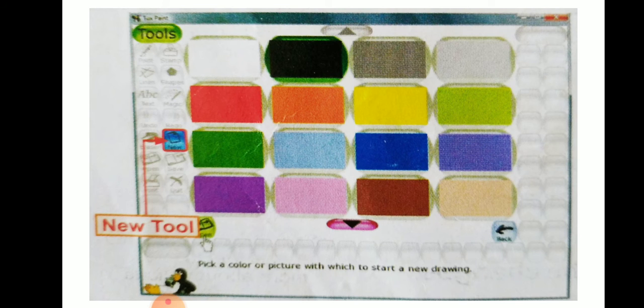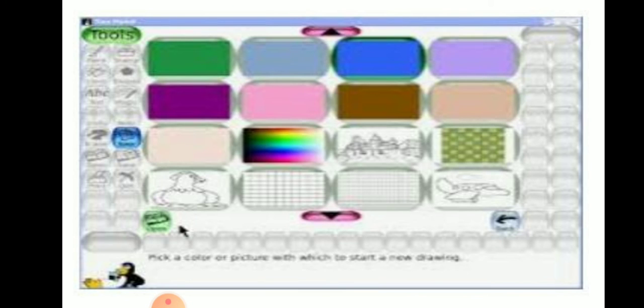Then we click on the down arrow button, select the color and click on the open button. Let us select the green color box. After clicking the open button, we find a blank screen with a green drawing area.